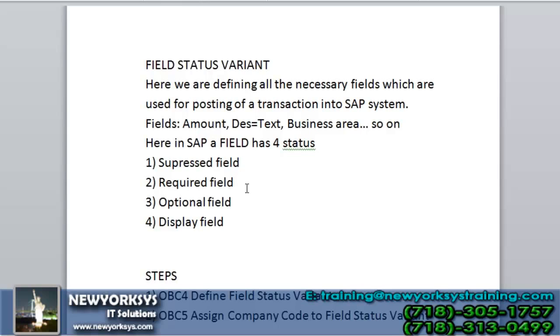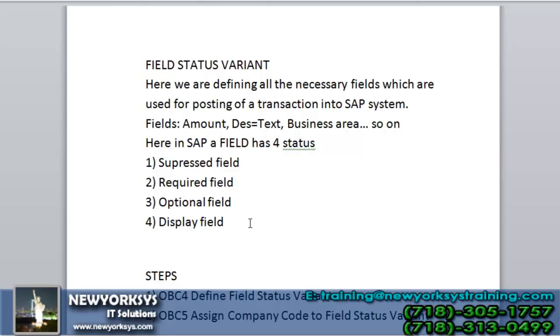For example, if you remember, when we were creating the company, we had a field called country as a required entry. That field had a checkbox for it being a required entry. Likewise, the optional field: this field will be displayed, but it is up to the end user whether he fills it or not. And display is gray in color. You don't find any input field in that. It is totally gray. These are the 4 field statuses.